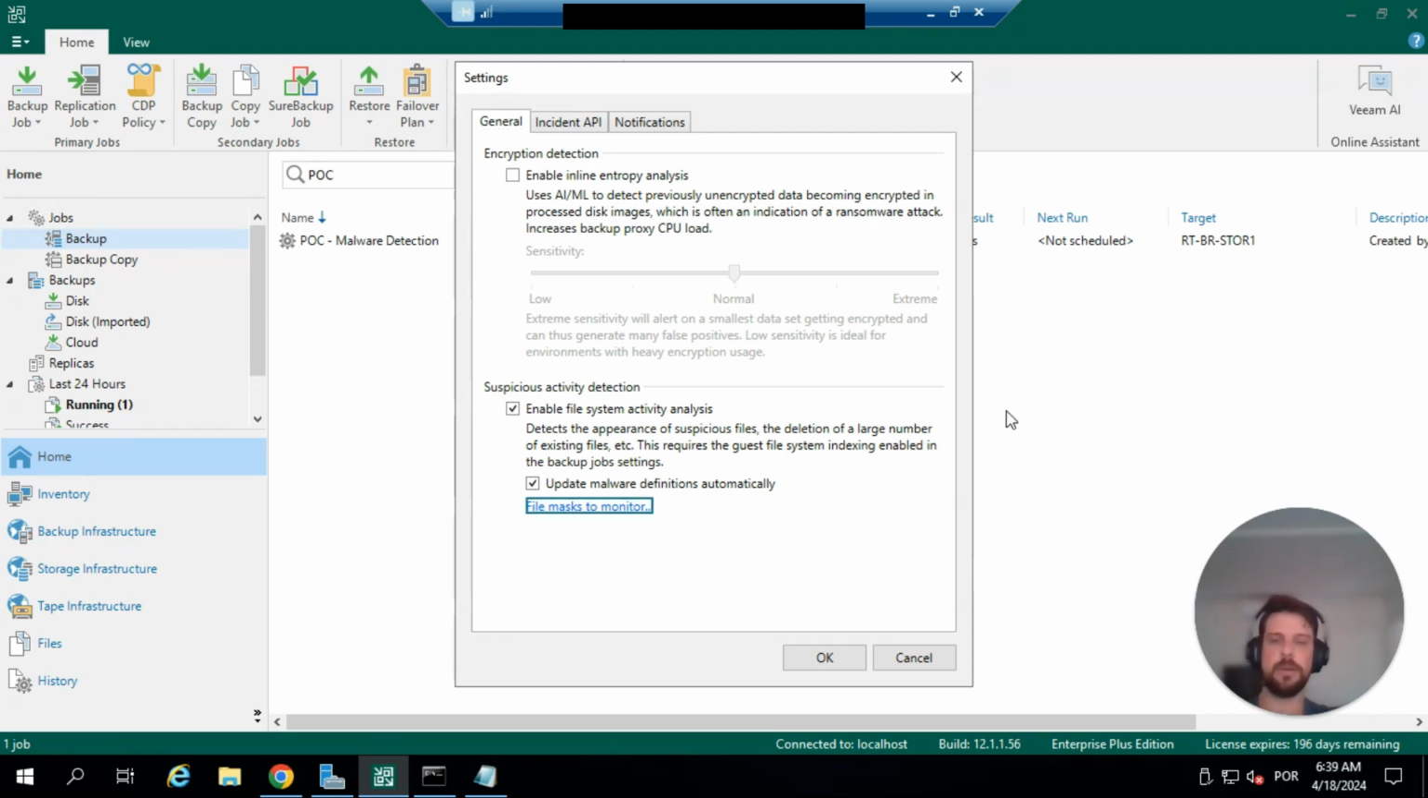So if you go to the malware detection option, we can see there are some options enabled by default. And this one is able to detect the appearance of suspicious files, the deletion of a large number of existing files, etc. And what I'm going to demonstrate here is, in fact, a specific server by executing a ransomware script in Python and encrypting all the documents and files inside the documents folder. After that, we are going to execute a new backup image and see if the VBR is able to identify